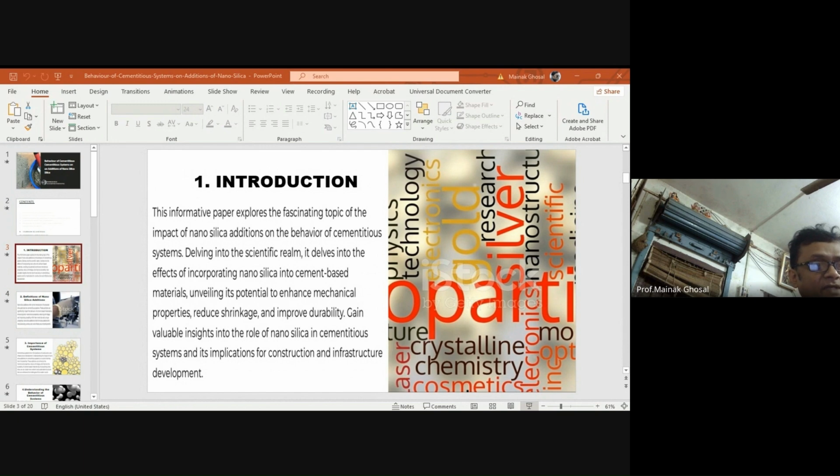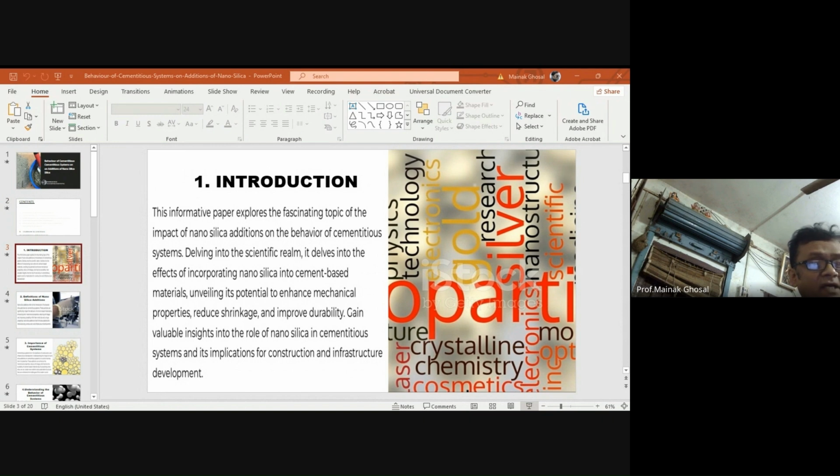By incorporating nanosilica, we can create more resilient and sustainable structures that can withstand the challenges of time. Now, another behavior of cement system. The addition of nanosilica to cement system is a strategic behavior that can greatly impact the performance of structures through